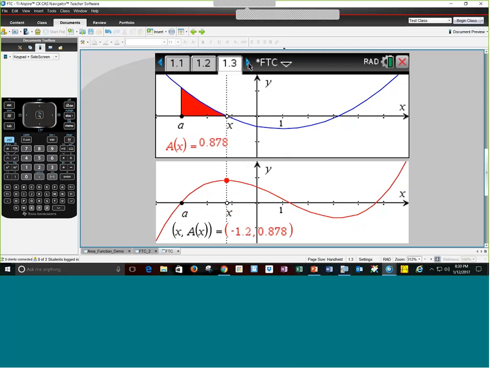So hopefully some kid will notice also that, wow, that blue graph looks kind of like a parabola, and the lower graph kind of looks like a cubic. I'll bet that red graph is the integral of the blue graph. I'm like, well, yeah, we are accumulating here.